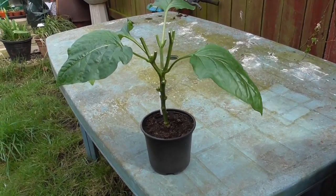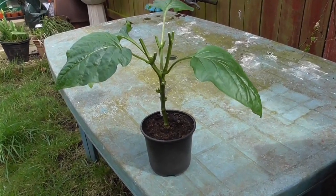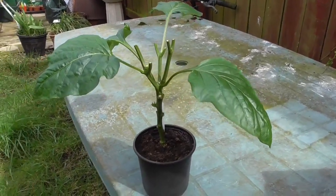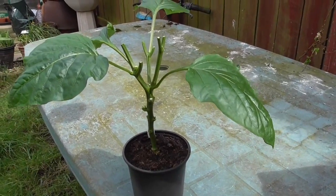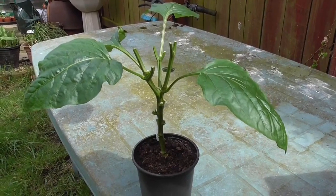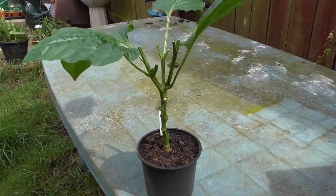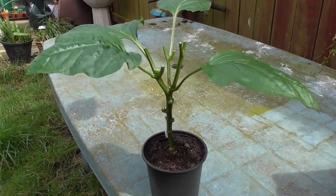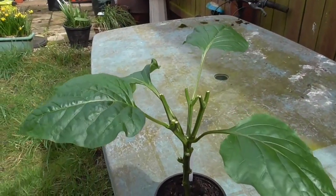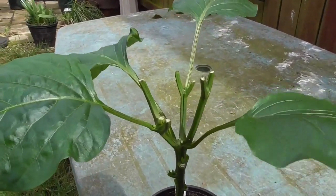and the whole point of it was to make it bushier, healthier, stockier, and hopefully at the end get a really good crop of chillies or peppers. So I had a problem with greenfly on my chilli plants, and they were knocking them for six. And I saw this video and I thought, well, this might kill two birds with one stone. So it looks as though I've been quite brutal with this,